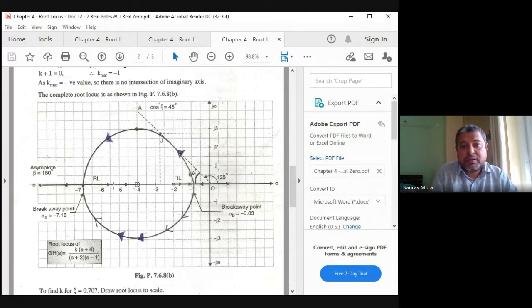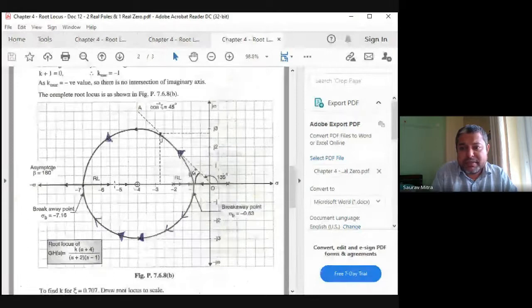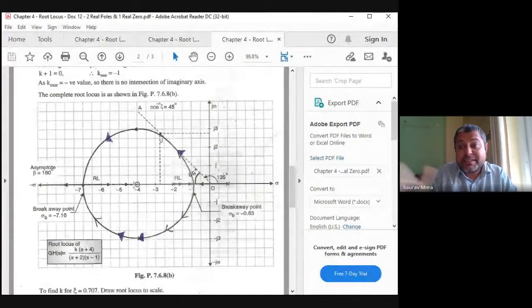Why? Because just check -5. Is this point -5 on root locus? Answer is yes, because look at the right side of -5, total number of poles plus zeros is equal to 3. 3 is an odd number. Hence, -5 will be on root locus. For -10, look at the right side: 2 poles, 1 zero. That means it will be on root locus because the total number of poles plus zeros on the right side of the point -10 is odd. So I'm talking about real axis root locus now.